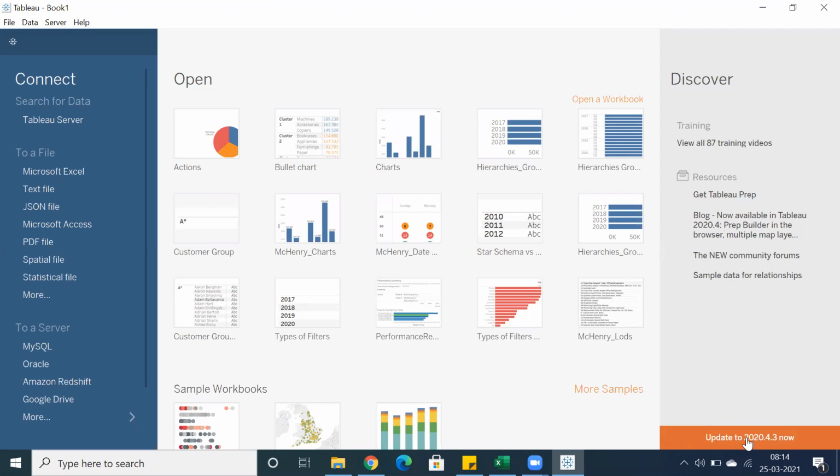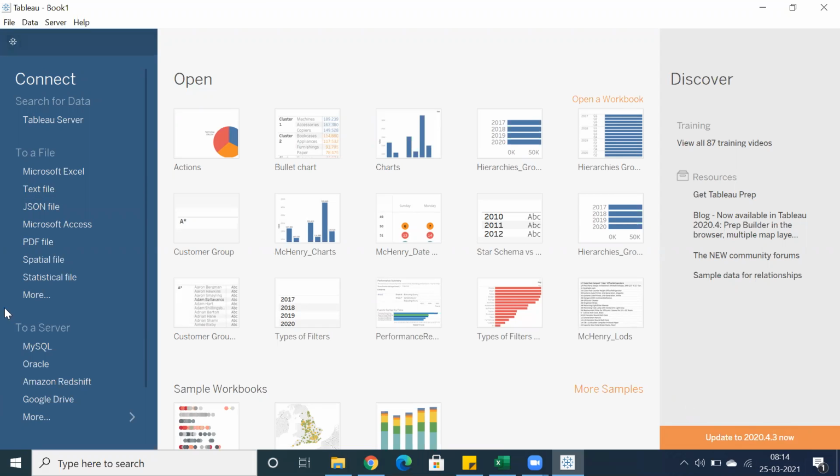Now we have 4.3 as the subversion available. So whenever they release a new version in that specific year, this is a subversion, okay? It's not a new release. Then the naming convention will be 2021.1 or 2, something like that, okay?